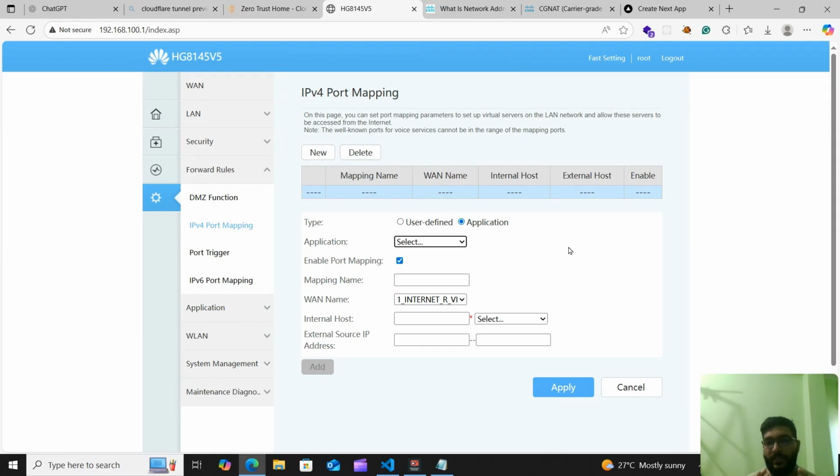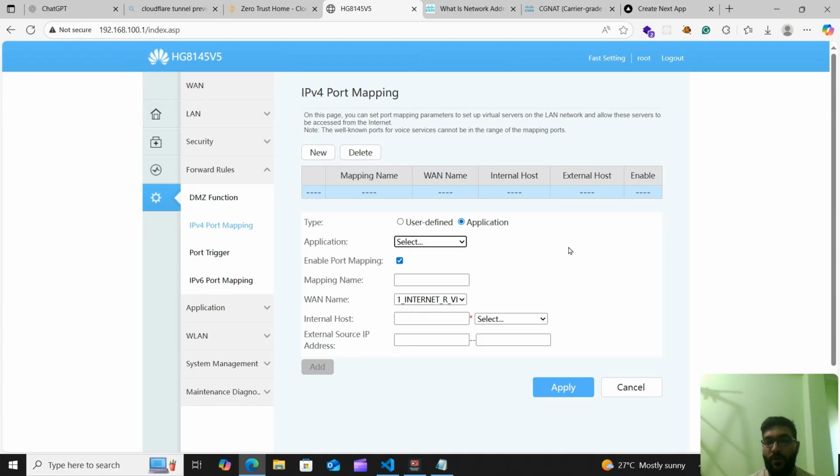But the time has changed. Previously people used to host their own servers, gaming servers, web applications, and many more. But nowadays port forwarding alone is not possible, because the ISPs, internet service provider companies, are using